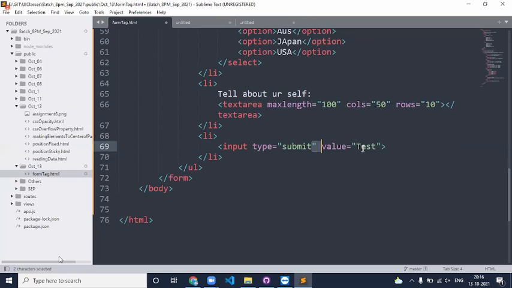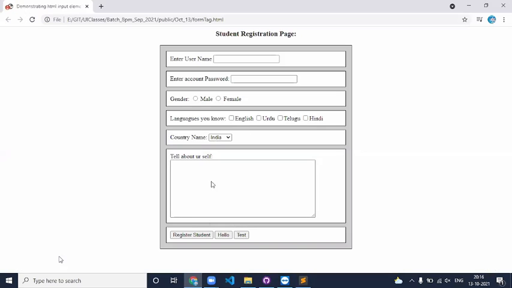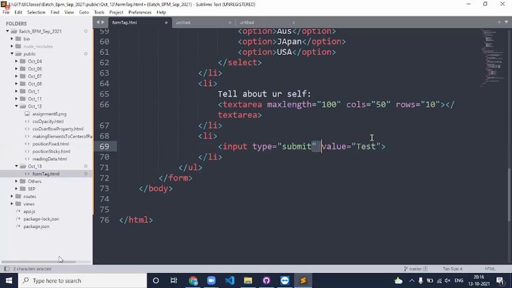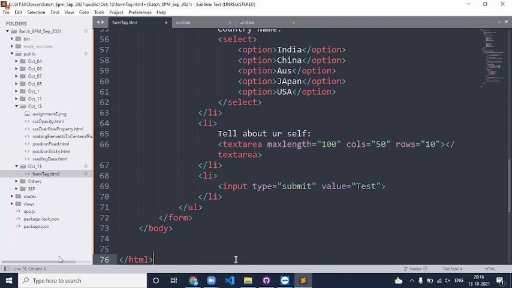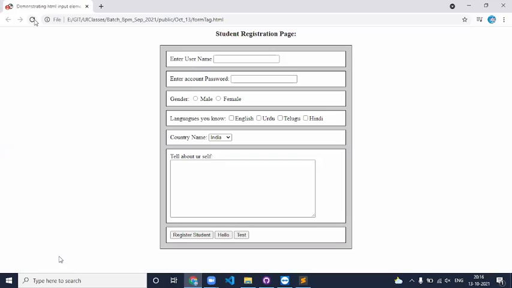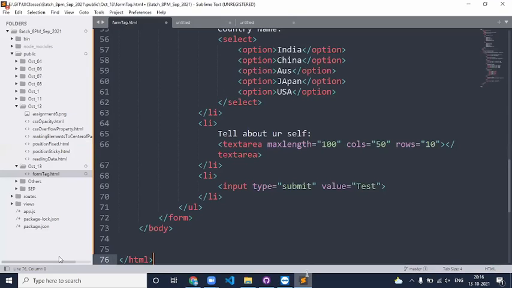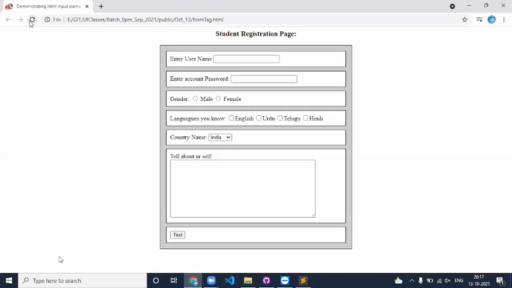Okay, now what is this doing? Whenever you say input type equal to submit, it is capable of automatically reading the data from the form elements, and it will automatically send the data to the specified server. Whatever server we have specified, it is going to send it to that. This is how simple input type equal to submit is. Whenever we click on it, it makes the form tag understand that the user is done with the values he has to give. Now it is your job to automatically read the data and automatically send the data to the server.